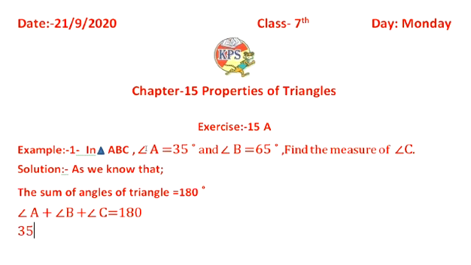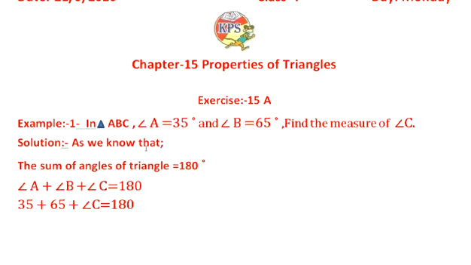Angle A measure is 35 plus angle B measure is 65, and we find out the measure of angle C. So first we find the sum of angle A and B. What is the sum of angle A and B? 35 plus 65, so their sum is 100 degrees, plus angle C